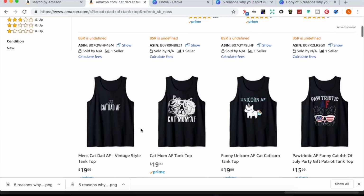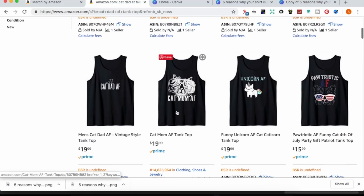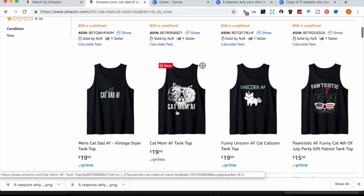They're not selling right now, but as we come across these particular ones, because I have tank tops that sell every day, but these particular ones haven't sold yet, so it's a great time to get your tank top out there, get it in the niche, whatever that niche is, sub-niche down, get it in that sub-niche, and watch it go ka-ching in the next couple of weeks, because people are turning to the tank tops